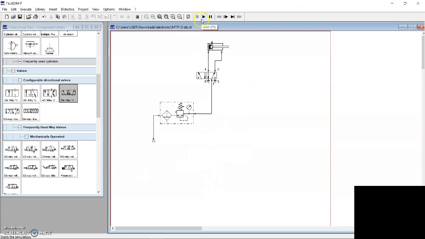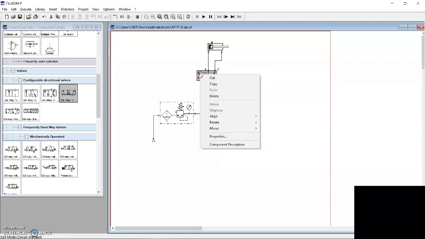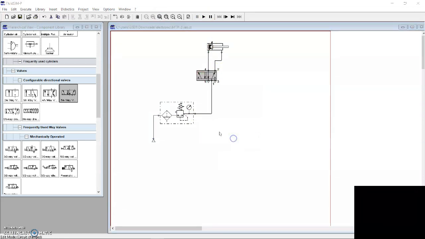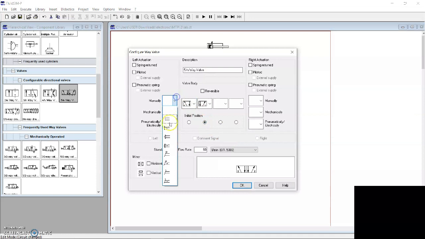So we try to run it, and you can see the different colors in the flow. We are not done yet, so we stop it and we must put the button. Choose this button and spring return.